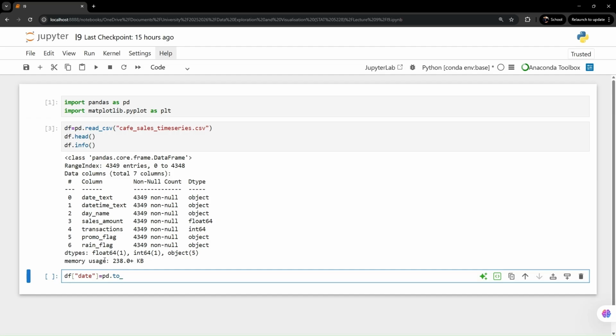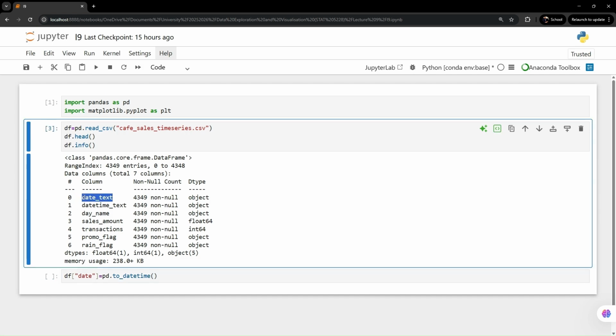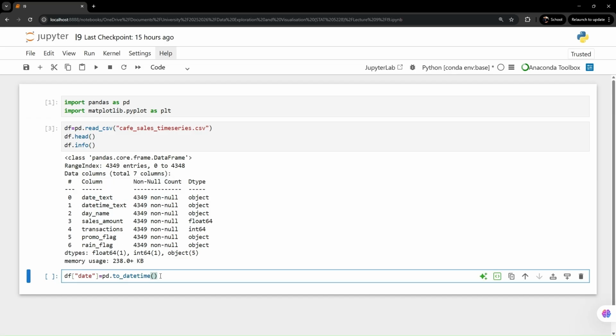It's to_datetime. We use the function to_datetime, and we want to convert df, and then we come here and we put date text, and then we state the format,